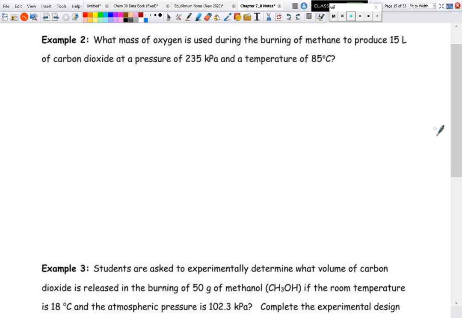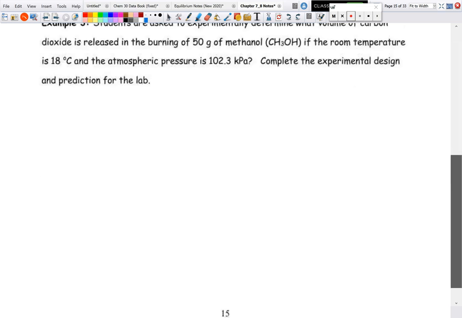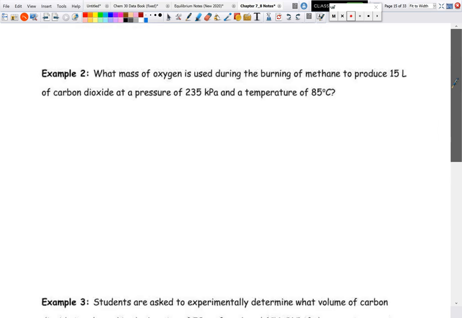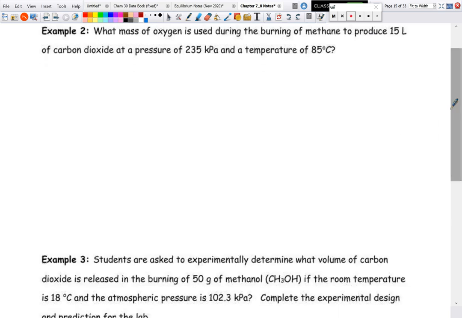If you want, you can definitely pause the video and try to skip ahead a little bit to see if you get the right answer, but I'm just going to go over this one with you as well, and then give you an answer to question 3 and see if you can get that, and then allow you to go into your workbooks and try those. So this right here, it says